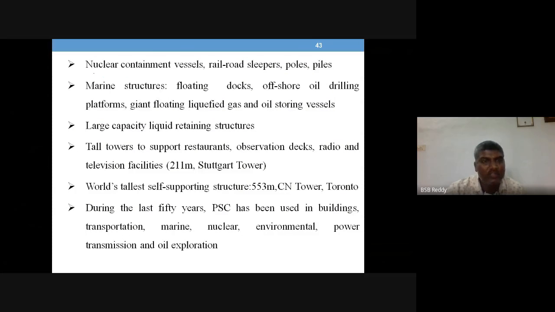Now I'll just list out the different applications. The prestressed concrete application is into every field of civil engineering. So nuclear containment vessels are being prepared with prestressed concrete, and sleepers for railroads, poles, piles for building constructions, foundations, pile foundations, marine structures, applications into floating docks, offshore oil drilling platforms, and giant floating liquefied gas and oil storing vessels,